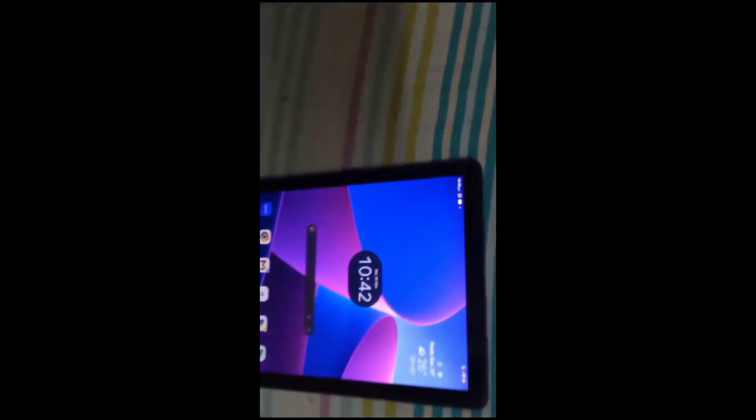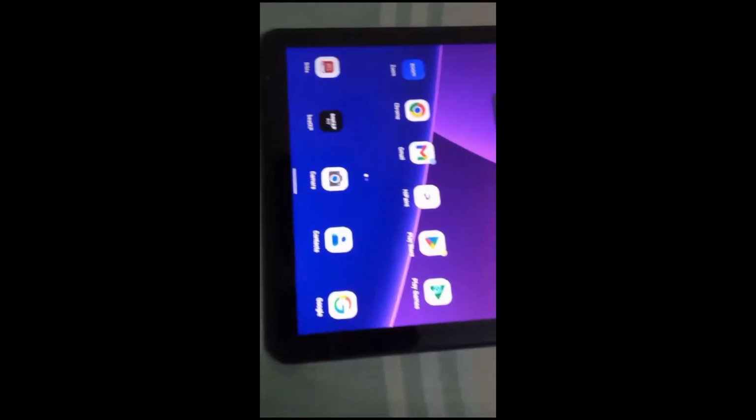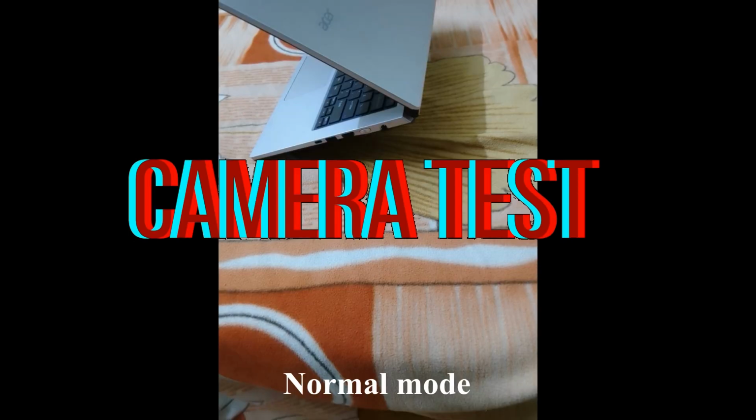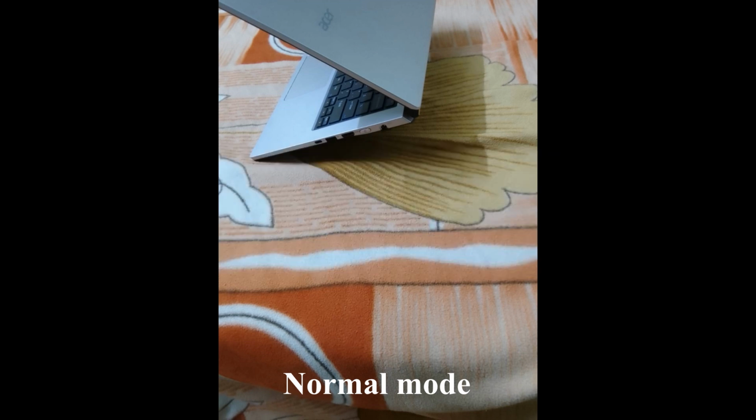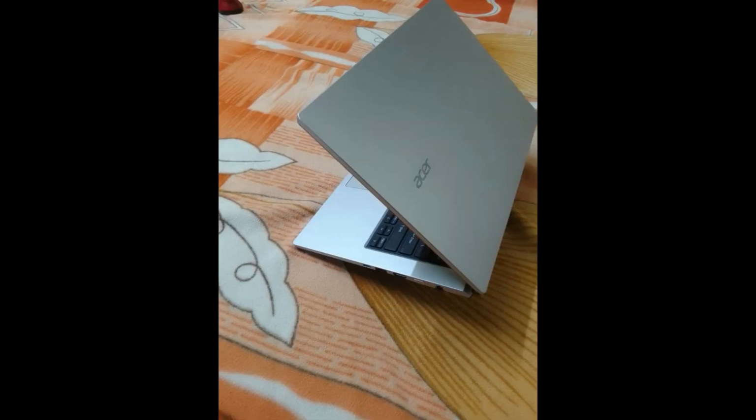Okay, let me show you a few photos and videos I took to demonstrate how good the camera is. Let's get into it. In the camera test, here's a photo using normal mode, and upcoming we have a photo using portrait mode, which doesn't really look like it's blurred much of the background, which is kind of sad. Okay, here's a quick portrait video test,